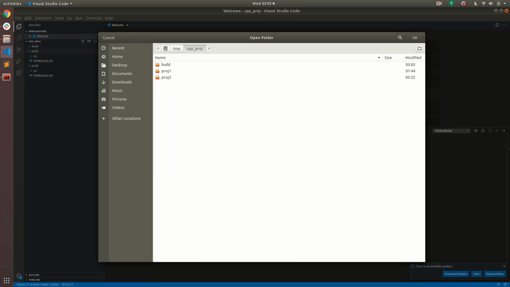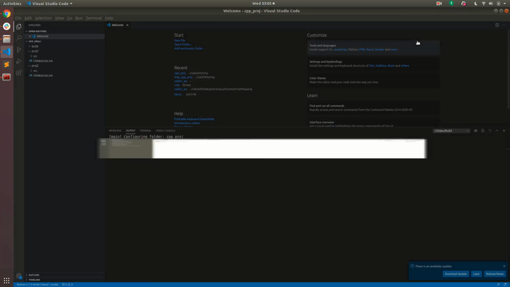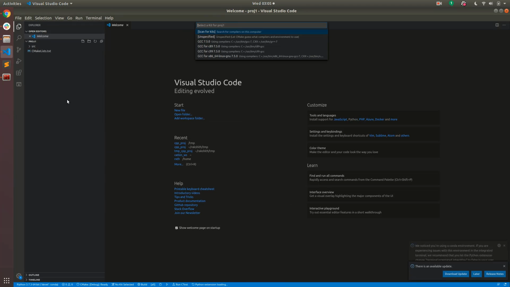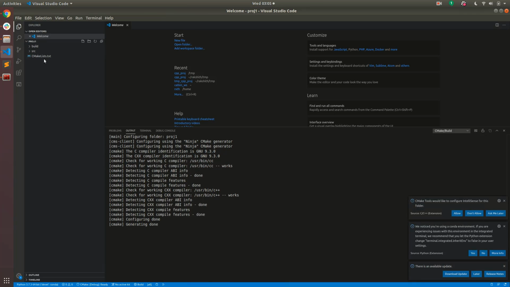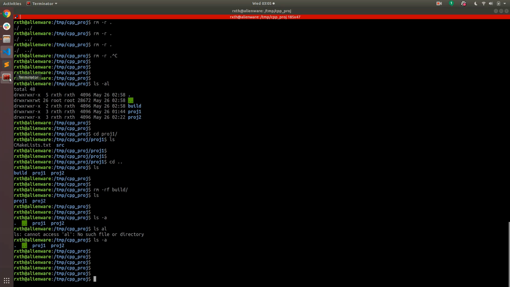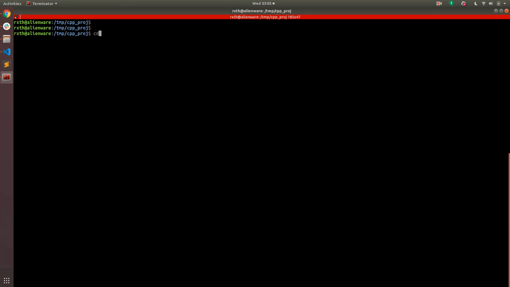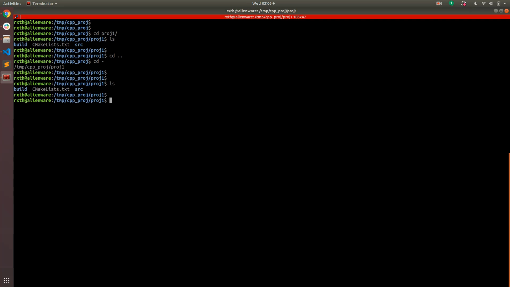So I would have to open cpp_proj1, open this, and then Ctrl+Shift+P, configure unspecified, and this will allow it to build just project 1, and I could do a similar thing for project 2. Or instead a simpler way would just be to use the terminal, go into project 1. This is the build folder that